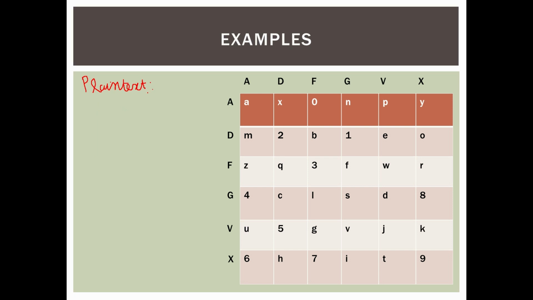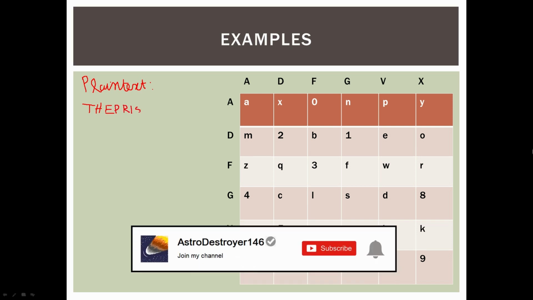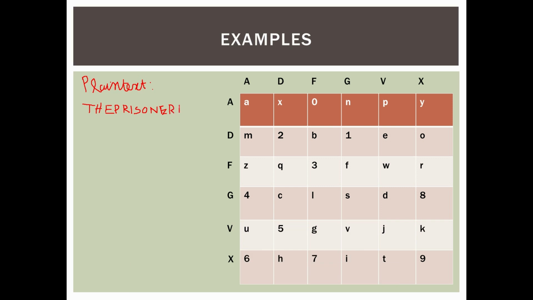So the plain text which we are going to take for this example is: the prisoner ran away. Okay, so we have got the plain text, the prisoner ran away, and the key which we are going to take